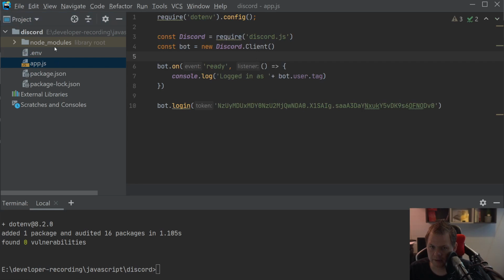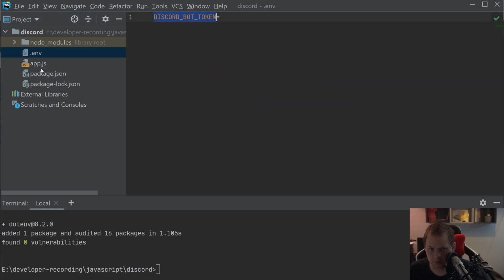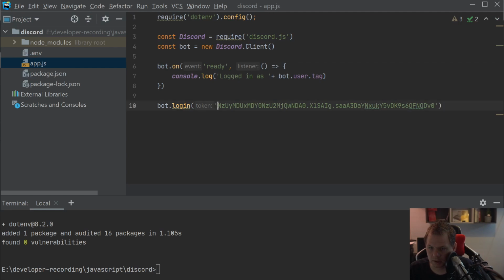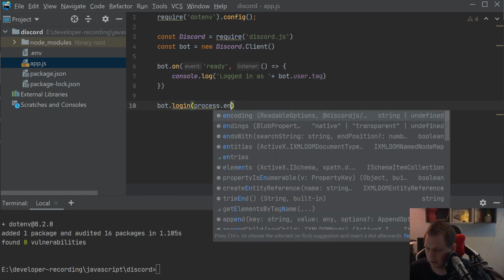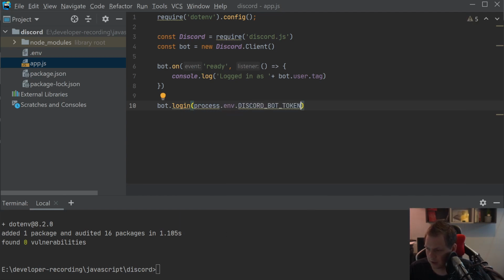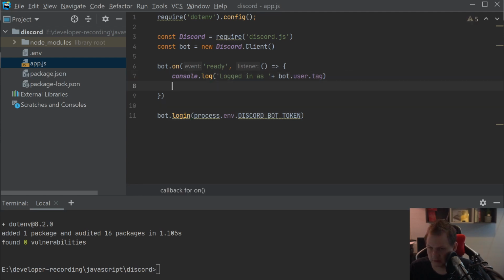Then we can go back here. Whoops, I need to copy that. We're going inside here, and we can just say process.env.DISCORD, and then I basically have taken the bot token inside, and now I can regenerate a new token and put it into my env, and then my video is more secure, and I can reuse the new token in the future. But before we do this, I'll just say this one,